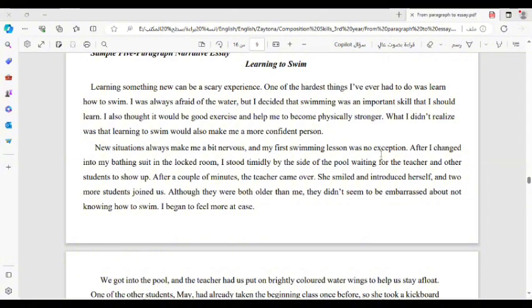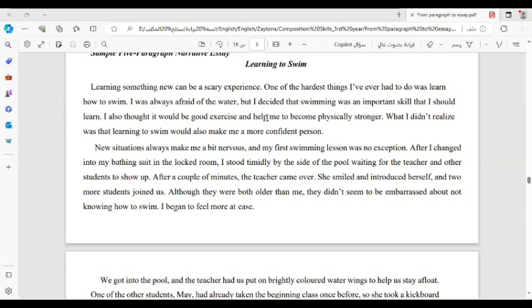I also thought it would be a good experience and help me to become physically stronger. What I didn't realize was that learning to swim would also make me a more confident person. New situations always make me